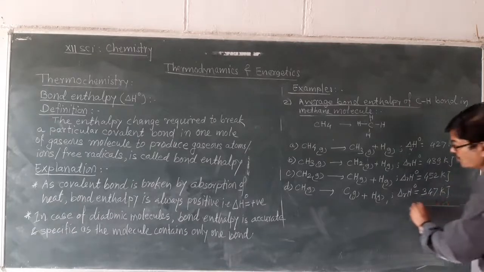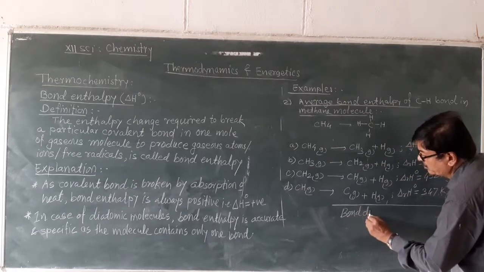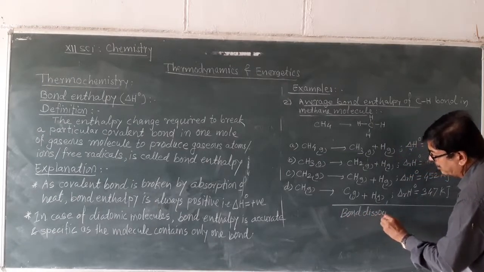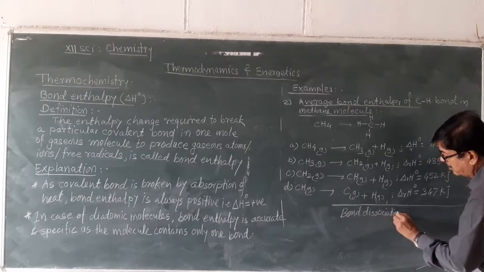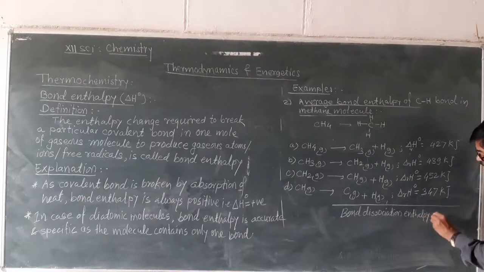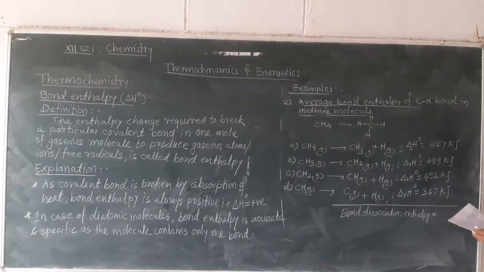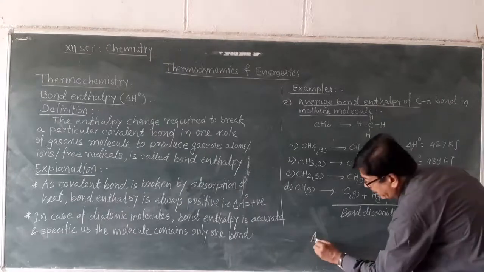And bond dissociation enthalpy can be obtained by adding all these four values, and we get it as 1665 kilojoule. Now average bond enthalpy,